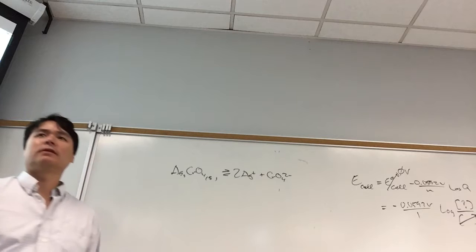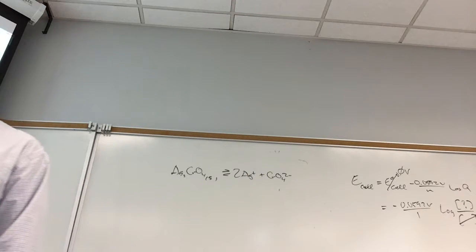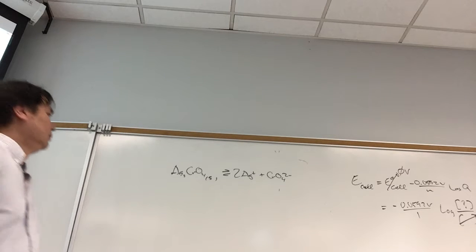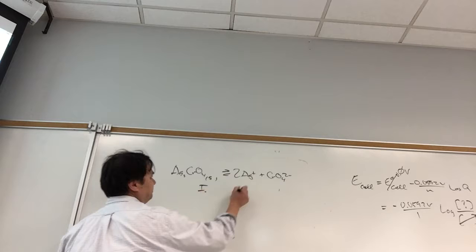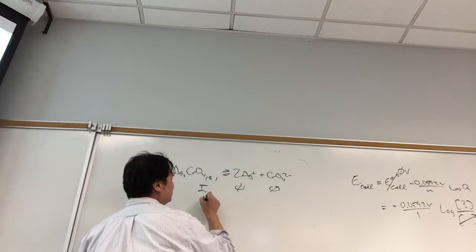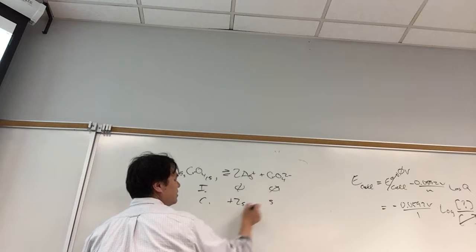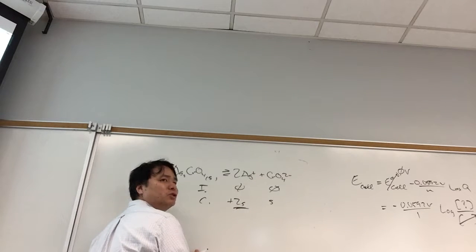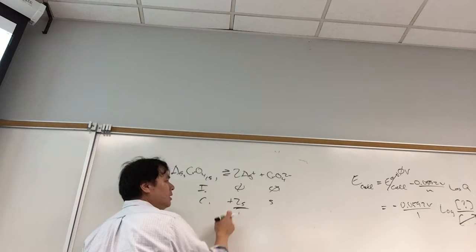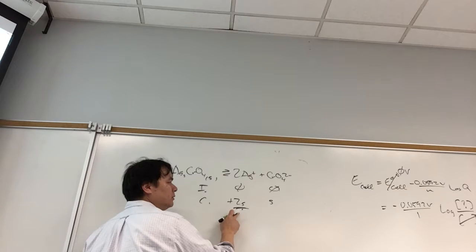They wrote silver ions plus chromate goes to silver chromate. That's wrong. It's solid silver chromate goes to silver ions. 0, 0, plus 2s, plus s. This is why I multiplied by 2. Some people were asking me that about the key. Why did I multiply by 2? I multiplied by 2